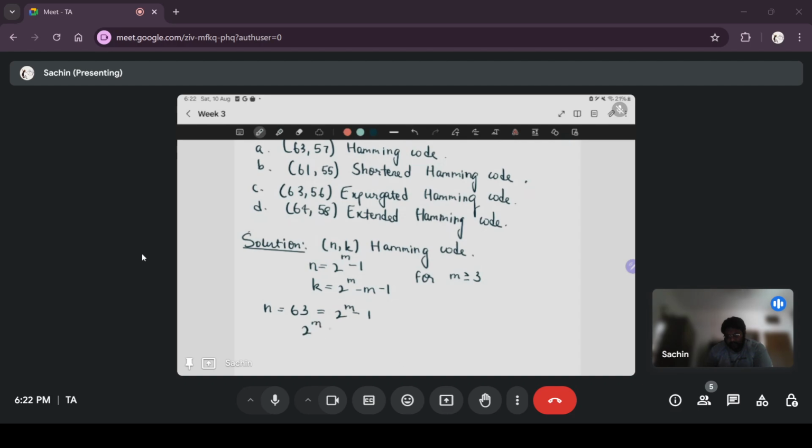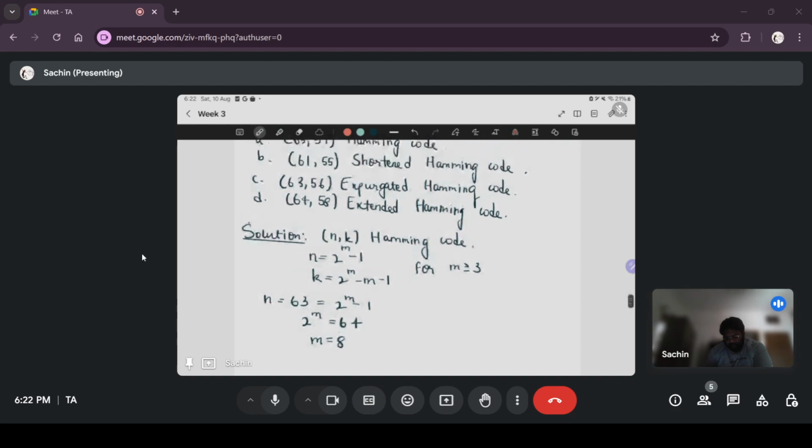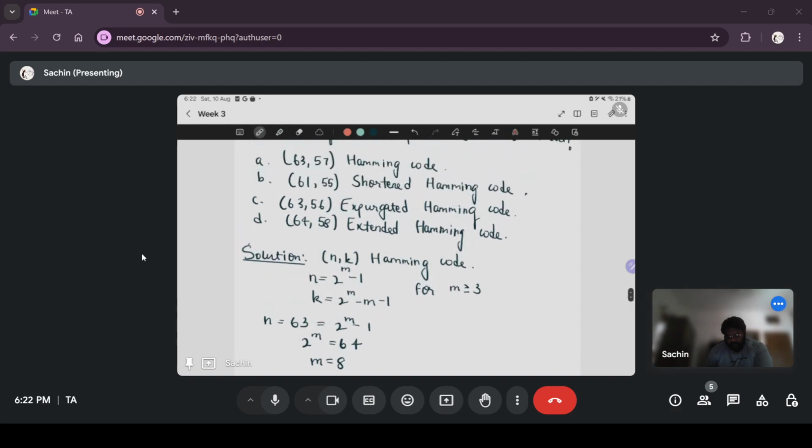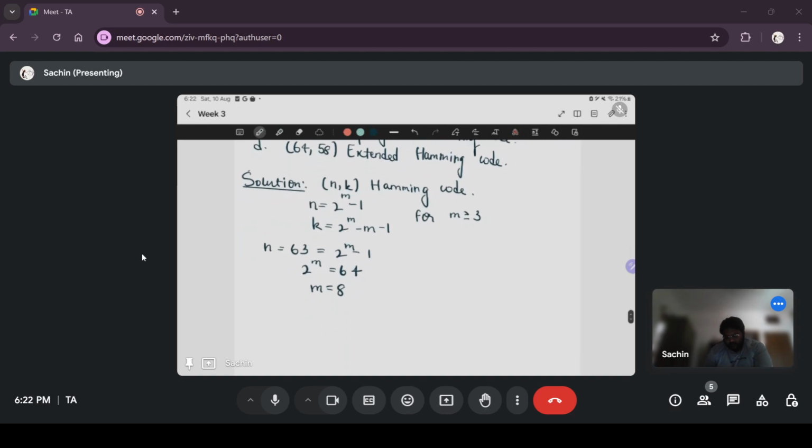For that you need 2 power m is equal to 64, which means m should be equal to 8. So if you want your n to be equal to 63, it is possible. So you have a Hamming code of code length 63, but the k would then have to be equal to 2 power m minus m minus 1, which is 2 power 8 minus 8 minus 1,